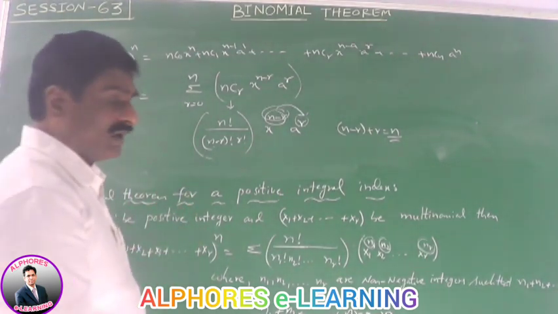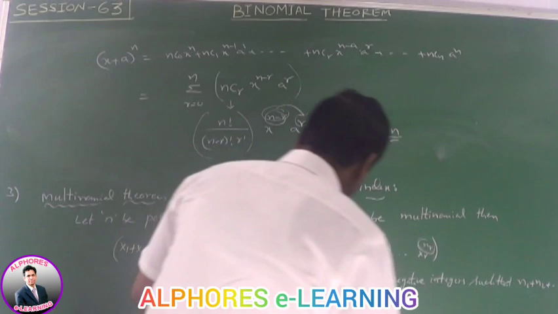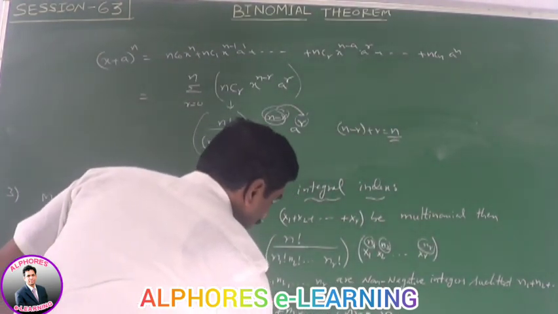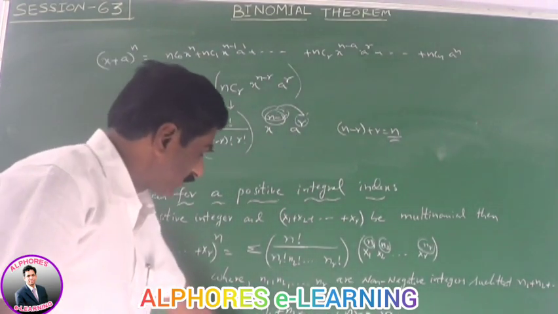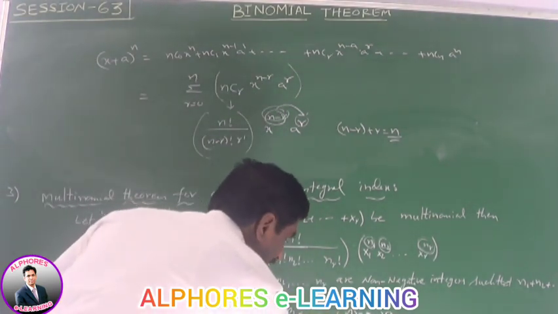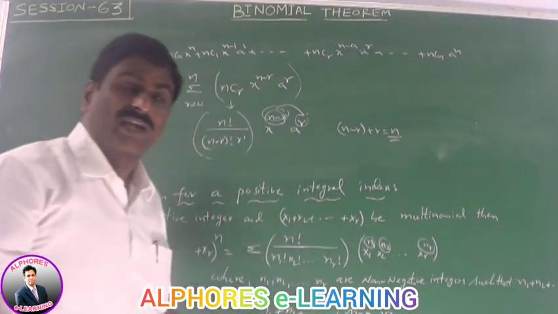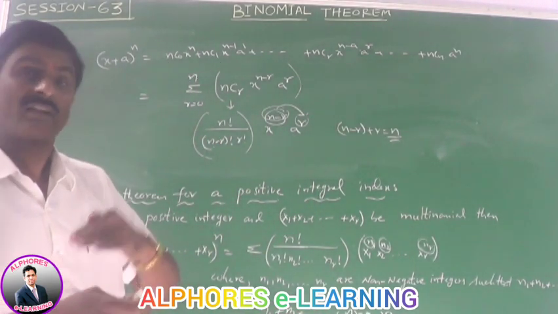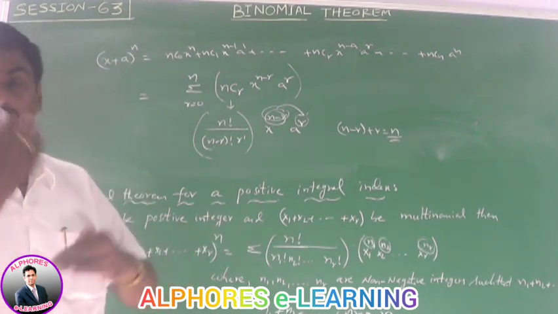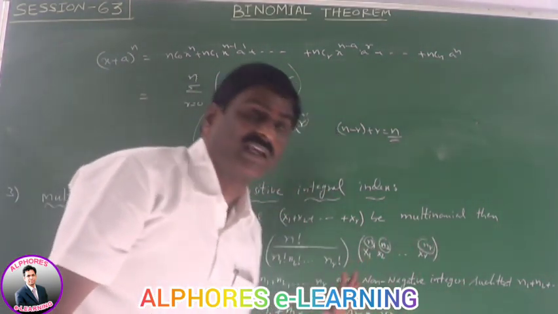In this case, we have (n plus r minus 1) C (r minus 1) number of solutions. That means 0, 0, 0, 0, so on, n, or 0, 0, 0, so on, 1, n minus 1. The sum of these values is n. By continuing these values, we get a finite number of solutions. To find those solutions, we use this formula, (n plus r minus 1) C (r minus 1).